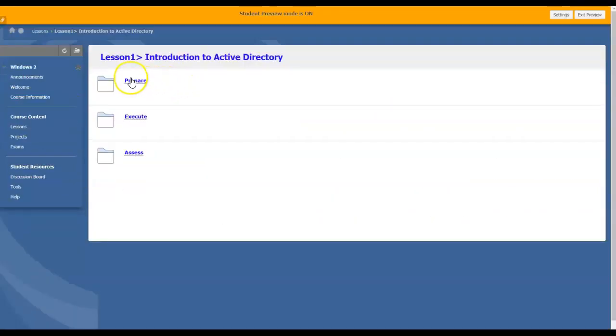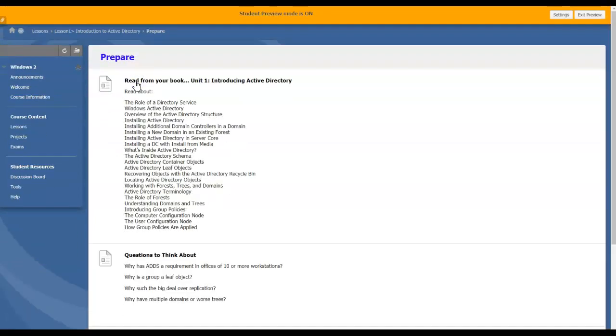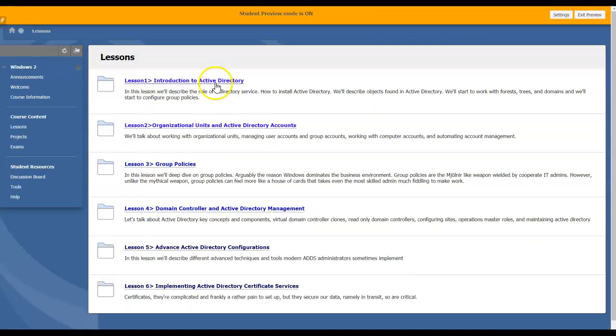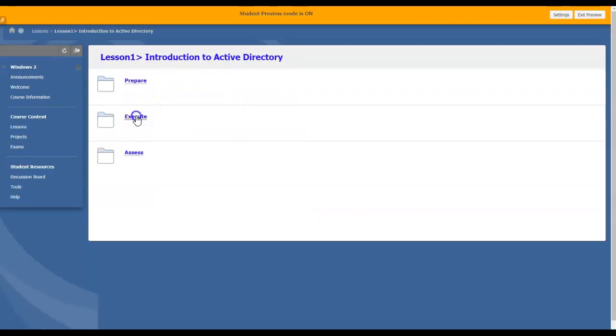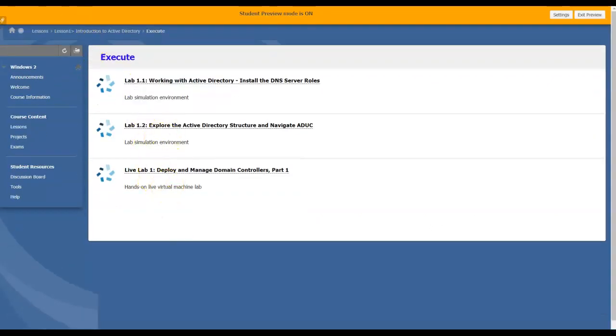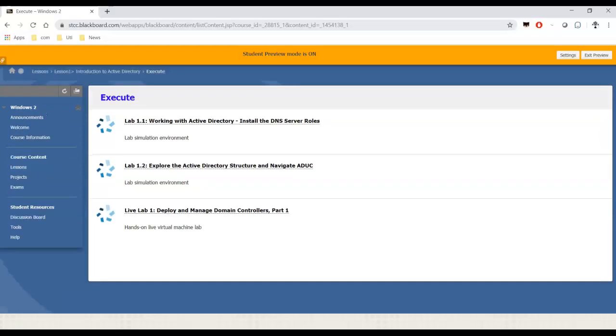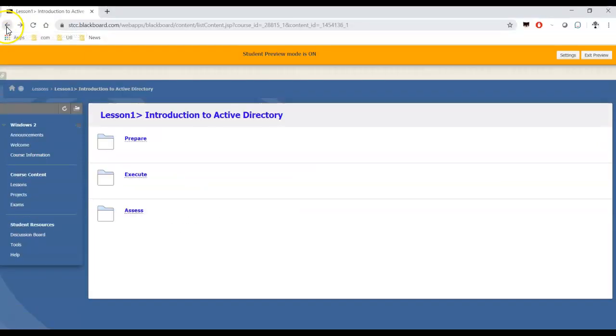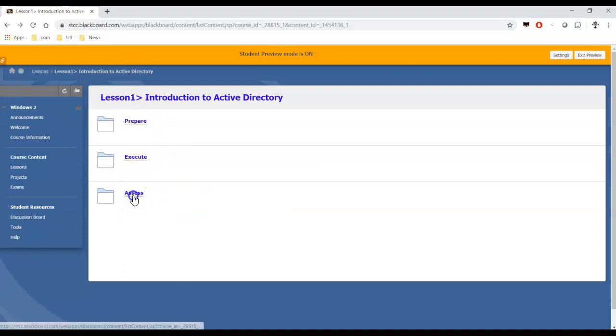Lessons will have three subsections, which is prepare. If you click on prepare, it's going to tell you what to do. In this case, this first lesson only has one topic, so it goes right into it. Execute. Here are the labs. This is really annoying on the full screen. It's not working the way I was hoping. So we're going to hit back, and then assess will help you